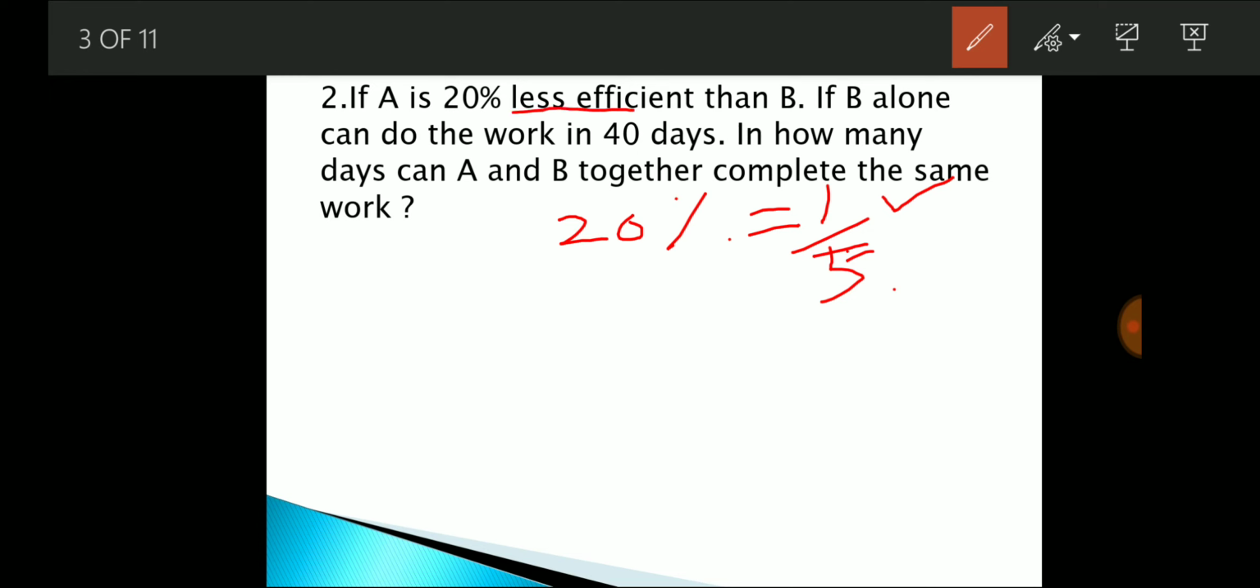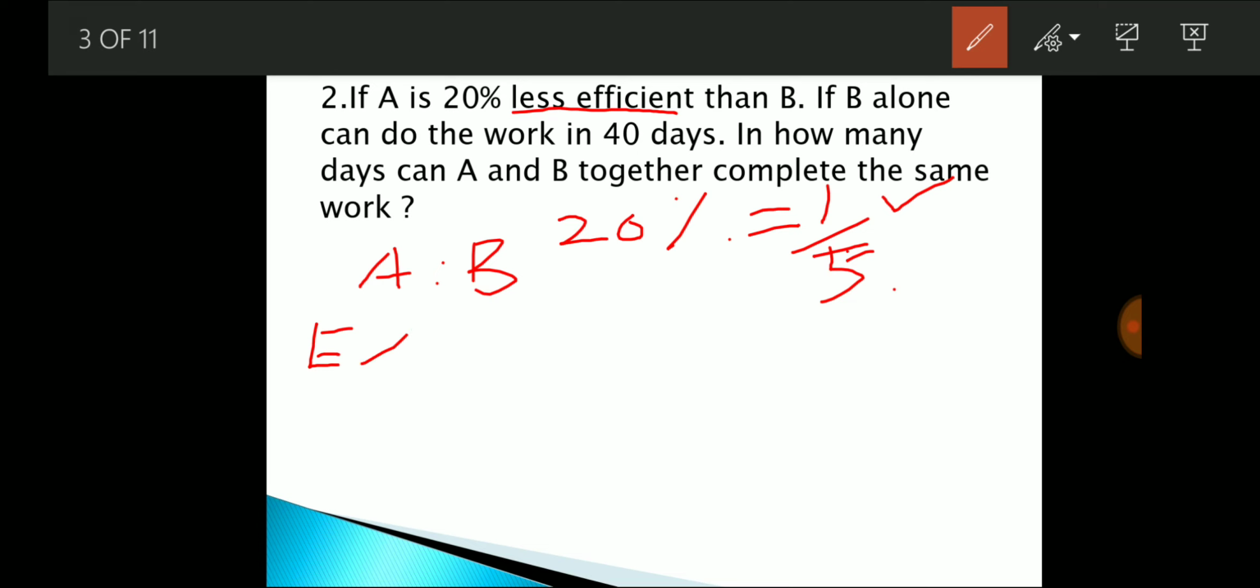A is less efficient, which means out of 5 parts, A is 1 part lesser. B is 5 parts, A is 1 part lesser, which means A is going to be 4 parts. They say it is 1 by 5 lesser, which means 1 out of 5 is 1 less. A is out of 5, 1 less. So if that is the case, A is to B is the question. The efficiency here is A is going to be 20% lesser, which means 1 out